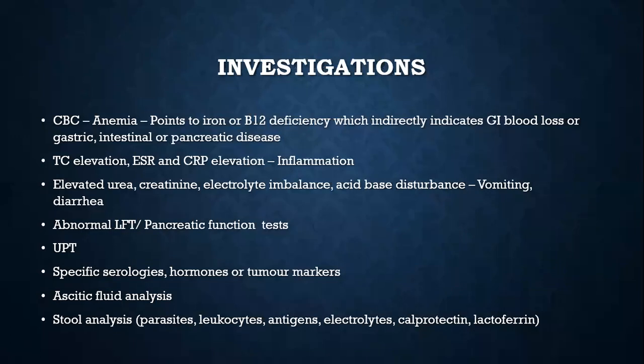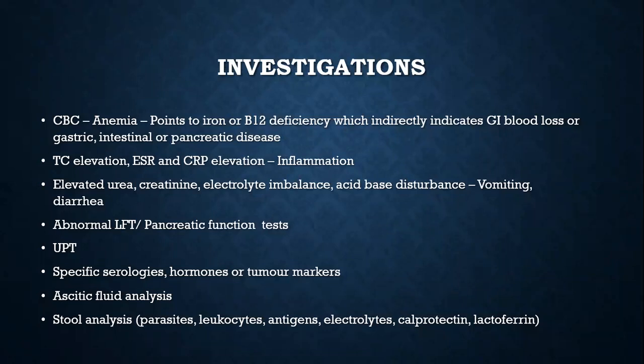Okay, so till now we have discussed the important physiological factors which cause normal GI function and what the abnormalities are, and based on history and examination, how to proceed further. Now, the last part of today's class will be how to investigate a case of GI disease and how to go towards treatment. Yes, even a small investigation like a CBC can give a clue regarding a serious underlying disorder. For example, in CBC, the patient is having anemia. We know anemia can be due to an iron deficiency or a B12 deficiency, which can indirectly indicate the patient has an underlying GI mucosal blood loss or some gastric, intestinal, or pancreatic disease.